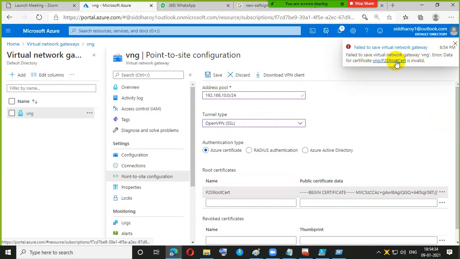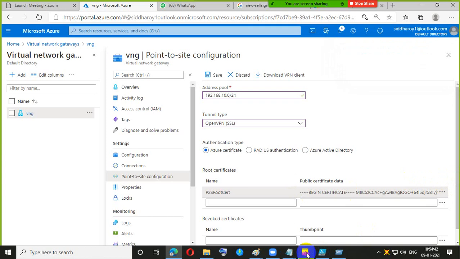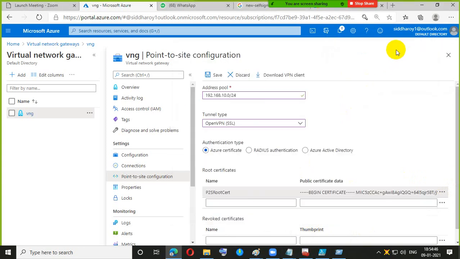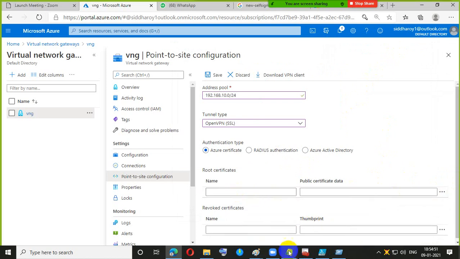I think we need to remove the begin certificate and end certificate lines in Notepad. Sorry, I'm not getting it. Just open Notepad. Oh yeah, the first line, yes. Sorry. Remove it. Yeah.